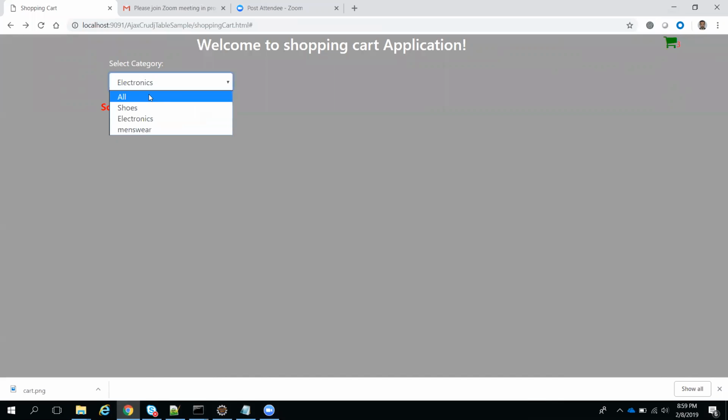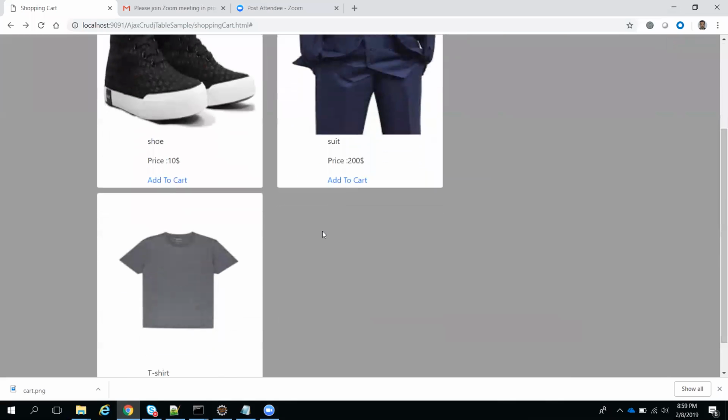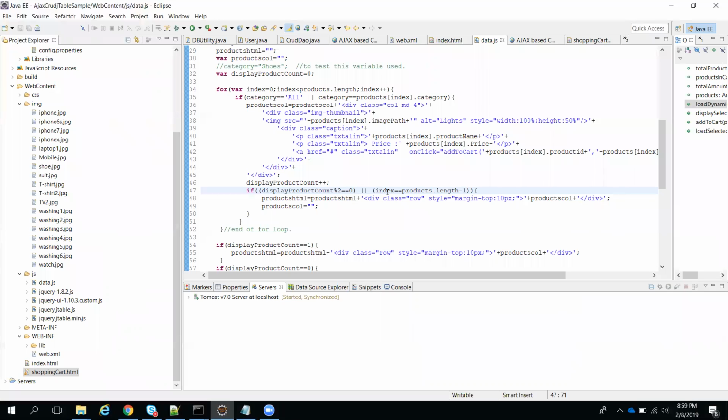When I select all, see, for these 2 products a row is added. At the same time, for the single product, this is the last product and I have only one element because of the odd number. That time also I want to add this into a new row. So for that condition to be satisfied, we kept our condition here. That is the purpose of this.